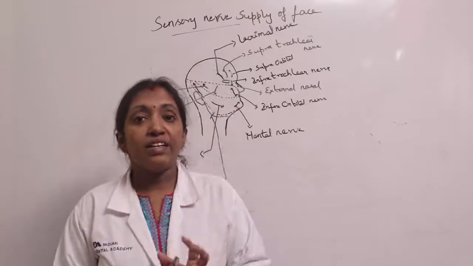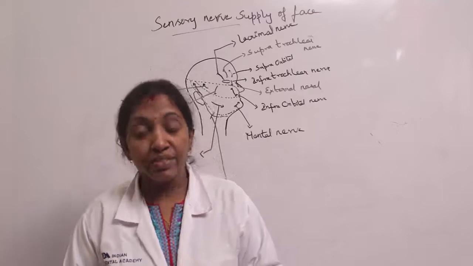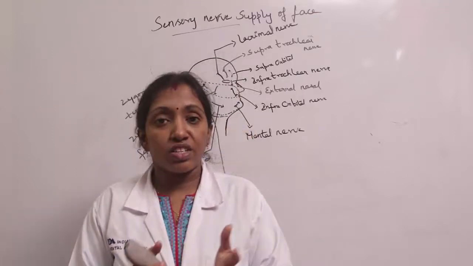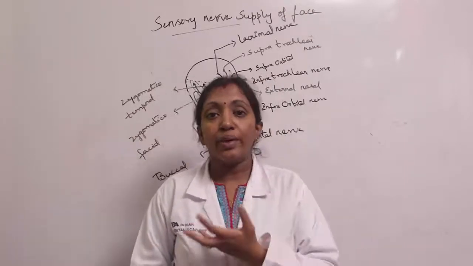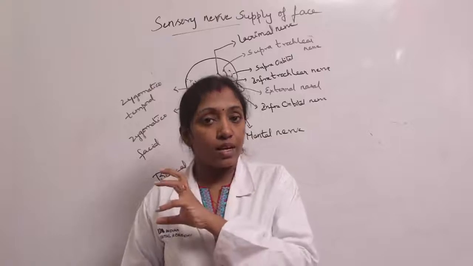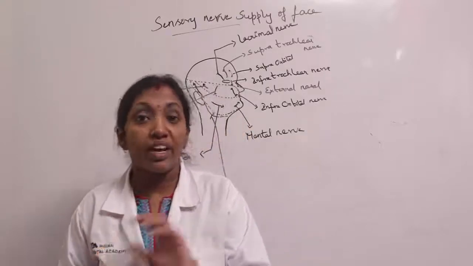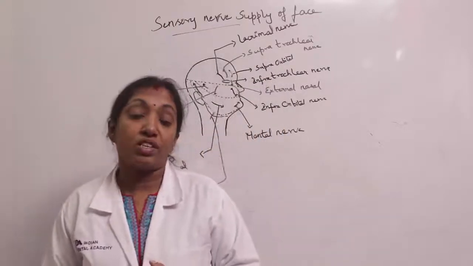And the buccinator is pierced by the parotid duct and the buccal nerve, which is a branch of the mandibular nerve, and by 4 to 5 mucus glands. So the structures pierced in the buccinator are very important. That is the parotid duct. Before opening opposite the crown of the second molar tooth, the parotid duct pierces the buccopharyngeal fascia and the buccinator, and finally it opens into the vestibule of the mouth opposite the crown of